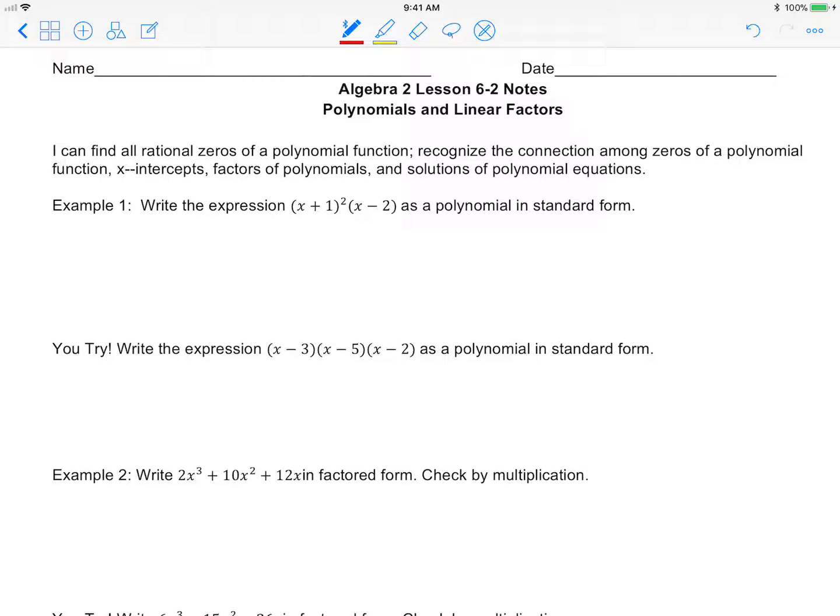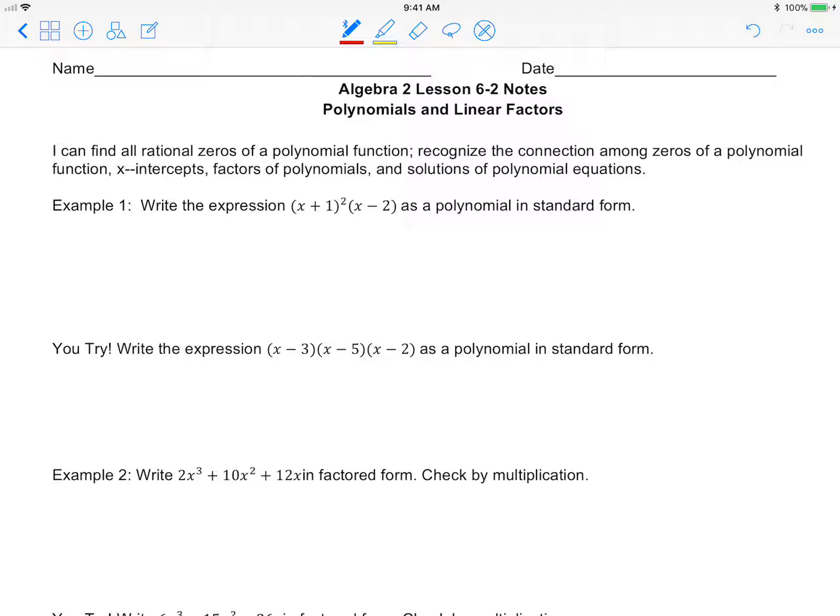Hey everyone, this is your Algebra 2 Lesson 6-2 notes on polynomials and linear factors. Our I can statements for today's lesson are: I can find all rational zeros of a polynomial function, and our other goal is to recognize the connection among zeros of a polynomial function, x-intercepts, factors of polynomials, and solutions of